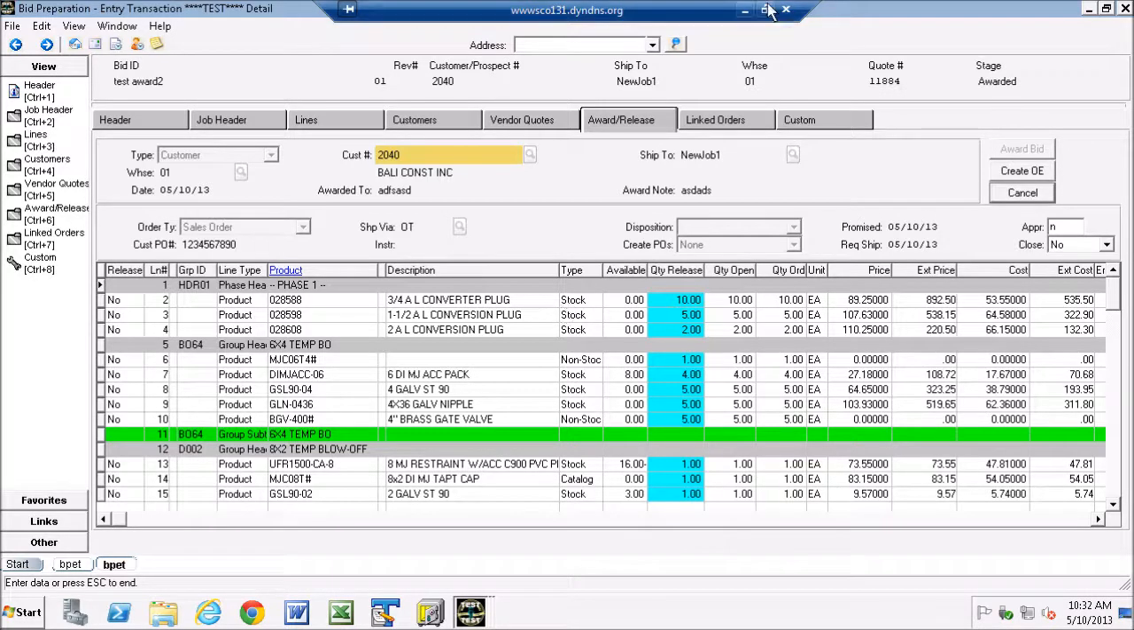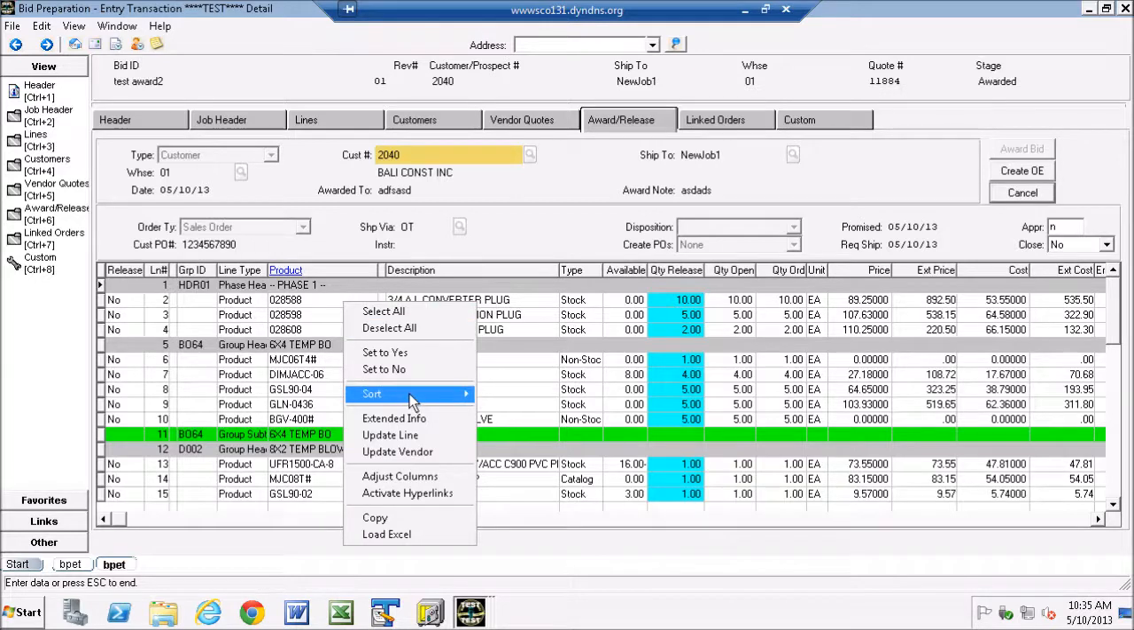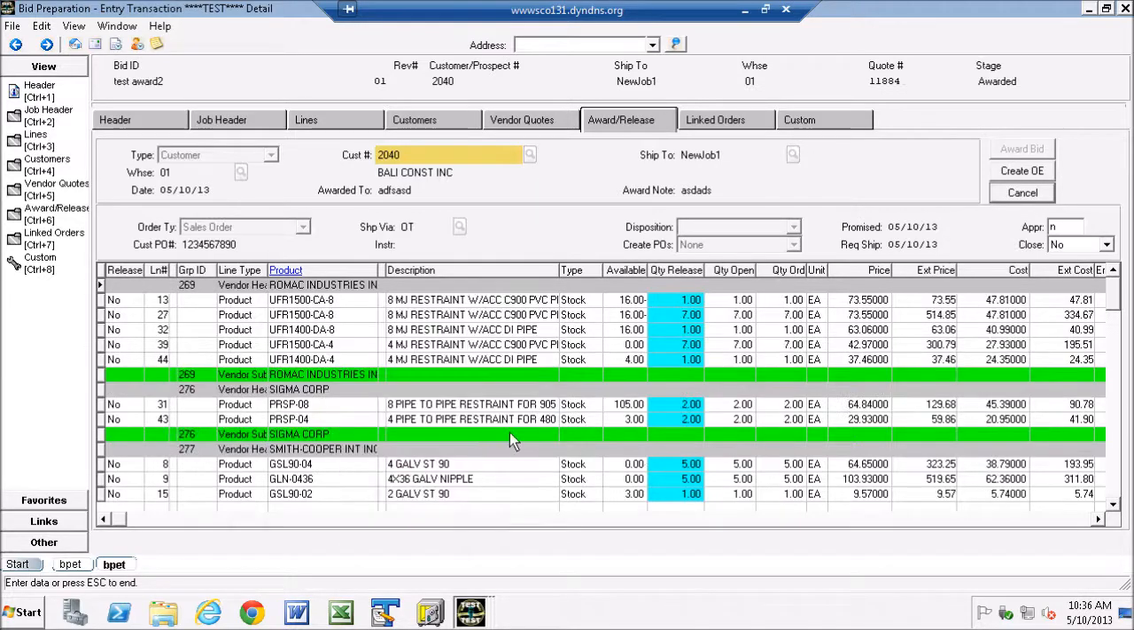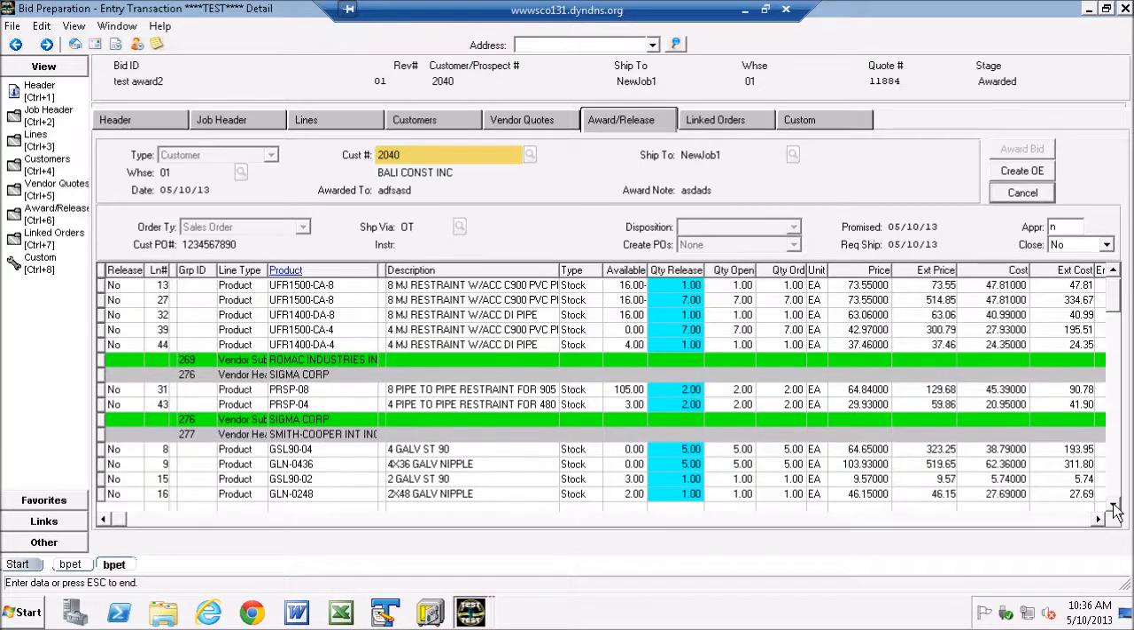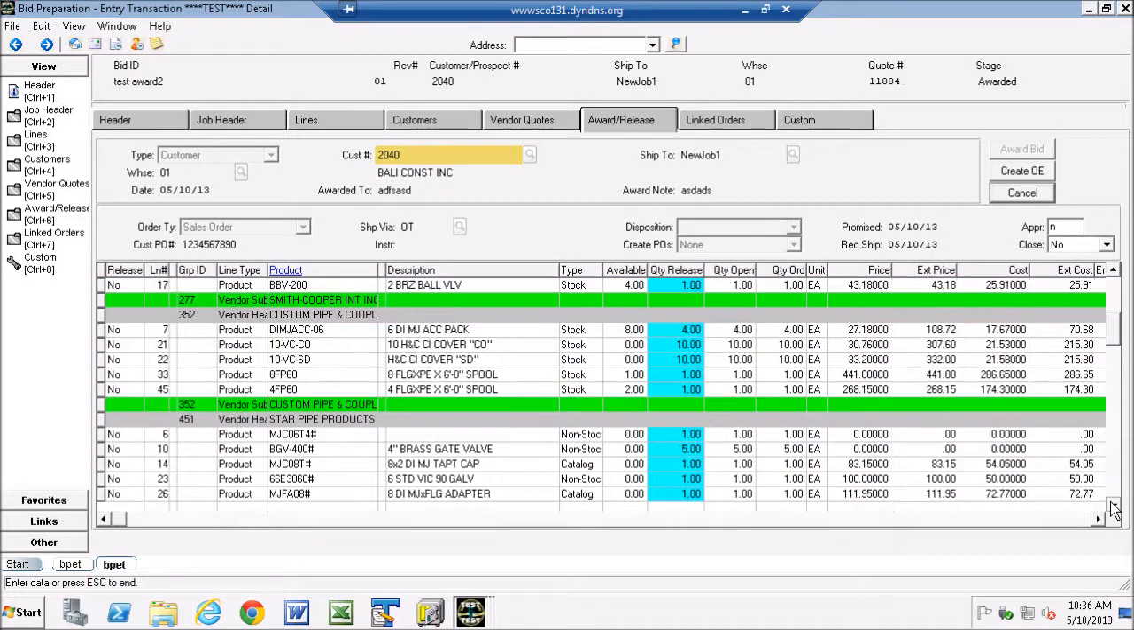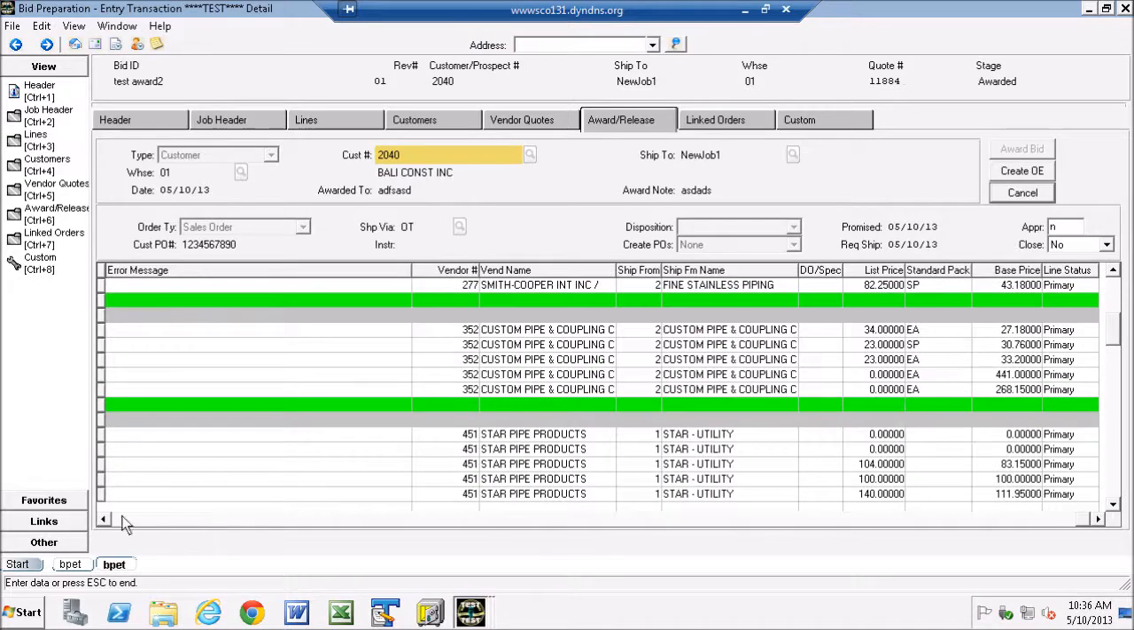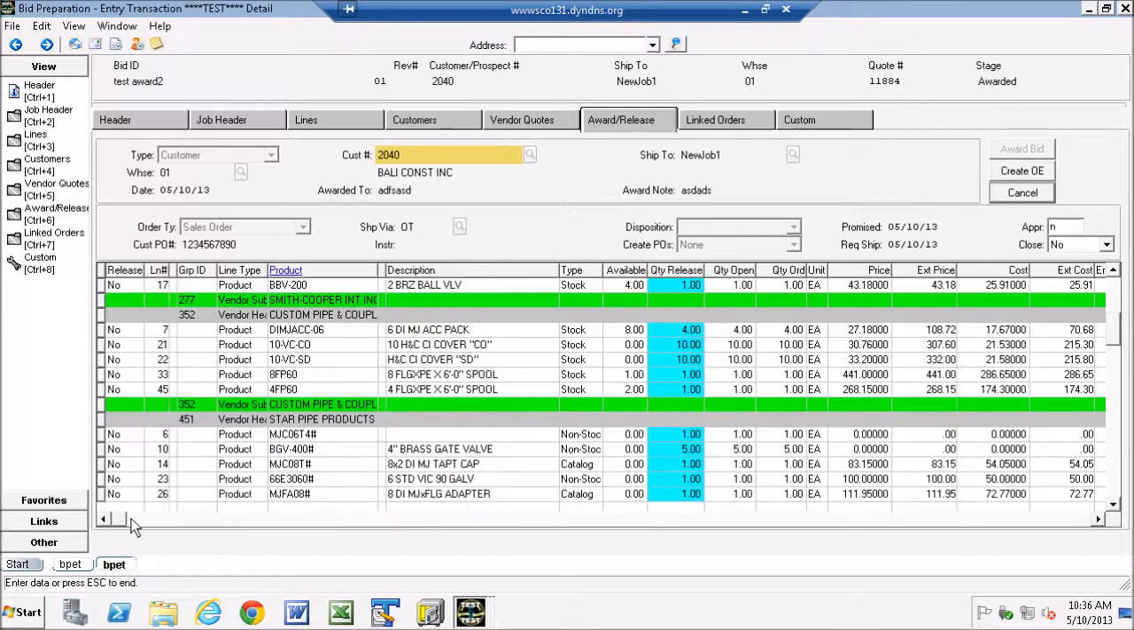Now the awarding screen offers the same options as the line screen as far as sorting is concerned. So if you, for example, forget to set your vendors, you can always right from the award screen, set your sort back to vendor, and you can see the lines and their respective vendors grouped right here. So if you, for example, forget to set something up, or maybe you want to change the ship from here for star,